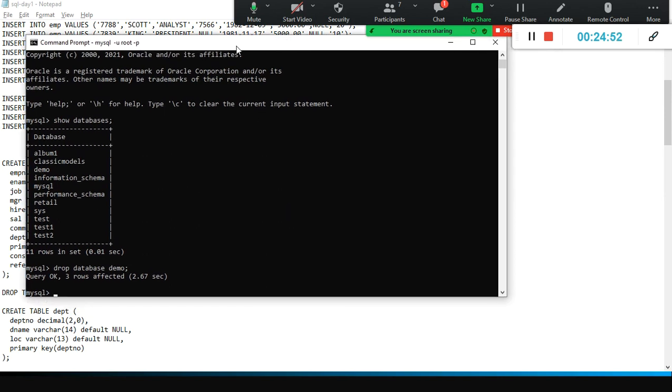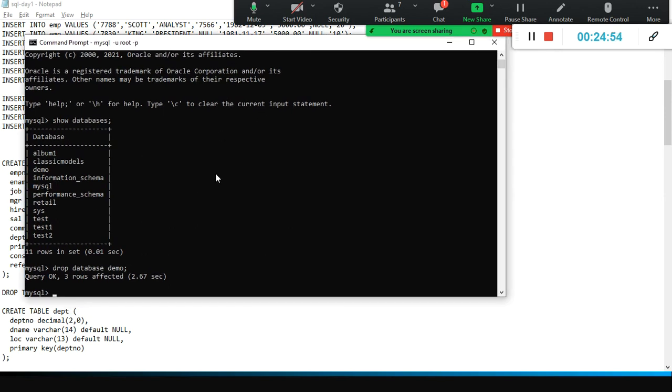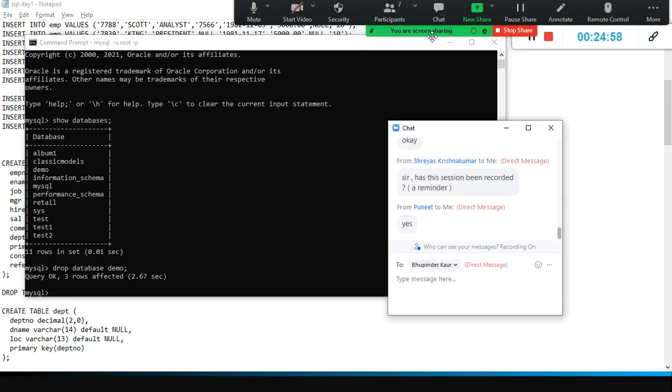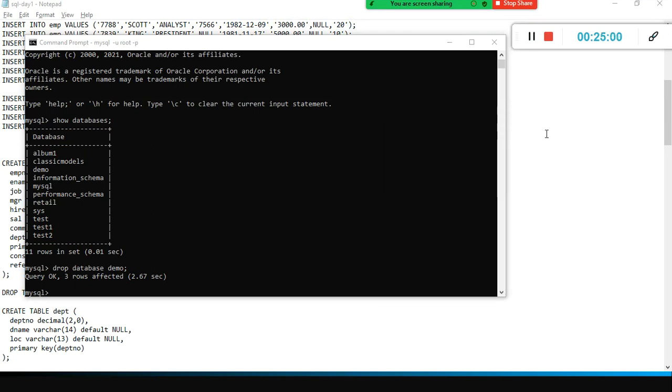That is the reason why RDBMS, Relational Database Management System, became popular. You cannot hold the data in a single file. If you hold it, you cannot write a SQL query to join multiple files and get the data. Instead, you store the data in the form of tables in the database.